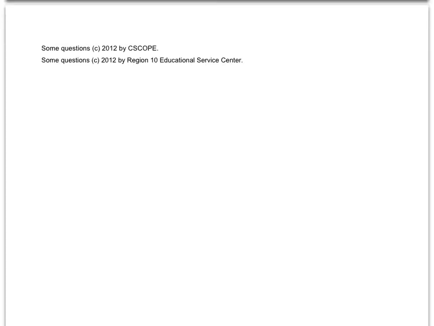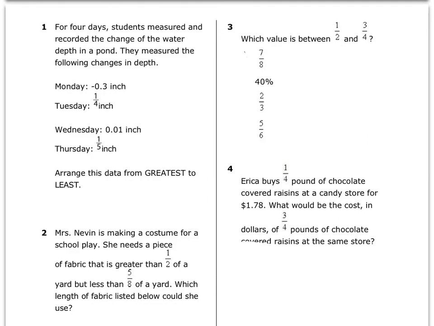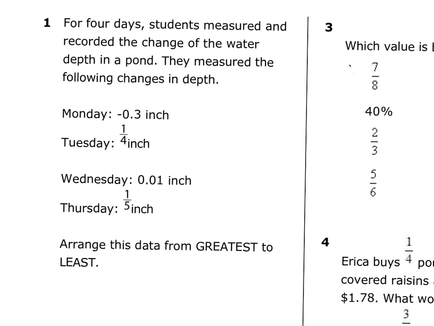Alright. Now, you can see this is your fall semester exam. Guys, I really don't think it's going to be that difficult. Try to find the first question. Alright. If we look at number 1, it says, for 4 days, students measured and recorded the change of the